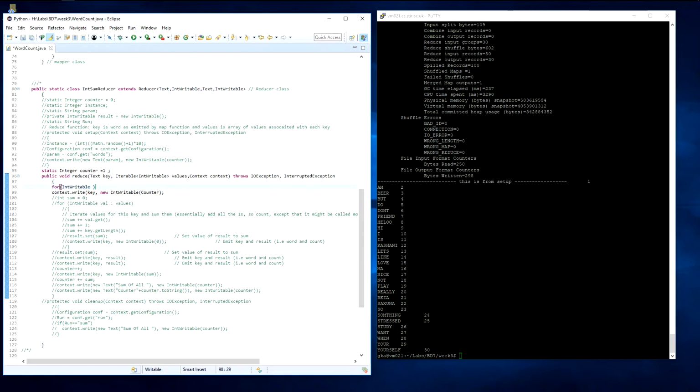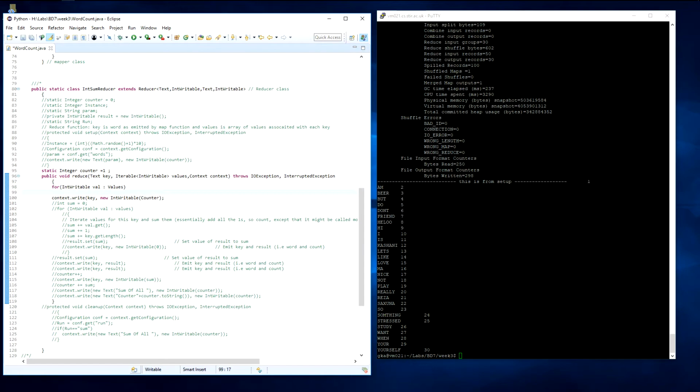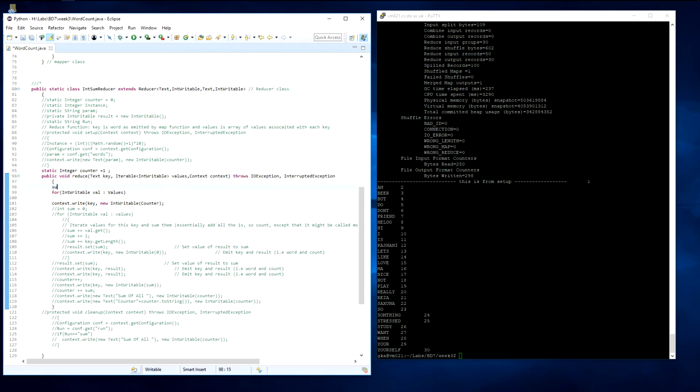The value is the val inside the values, and I'm going to say sum is equal to 0, or counter, is 0. I'll finish the